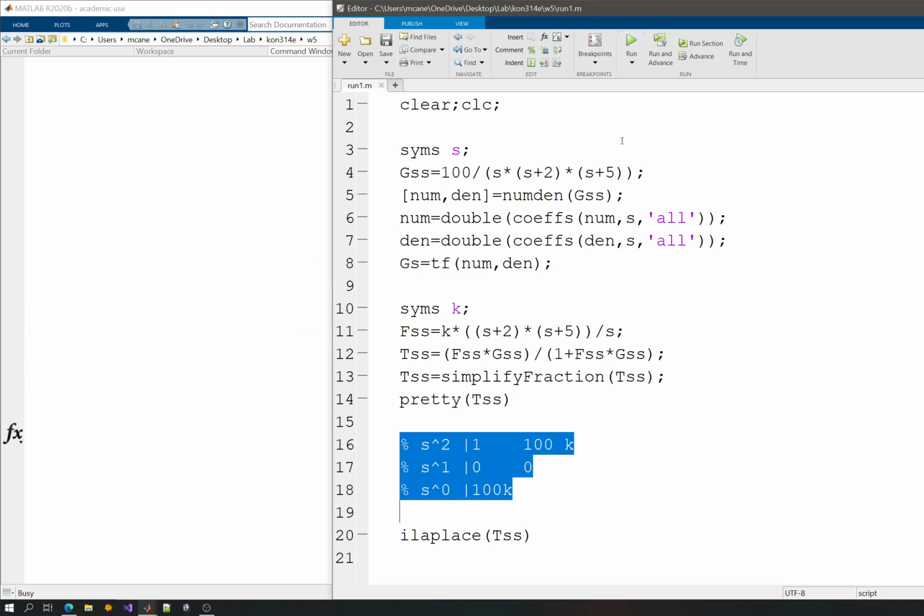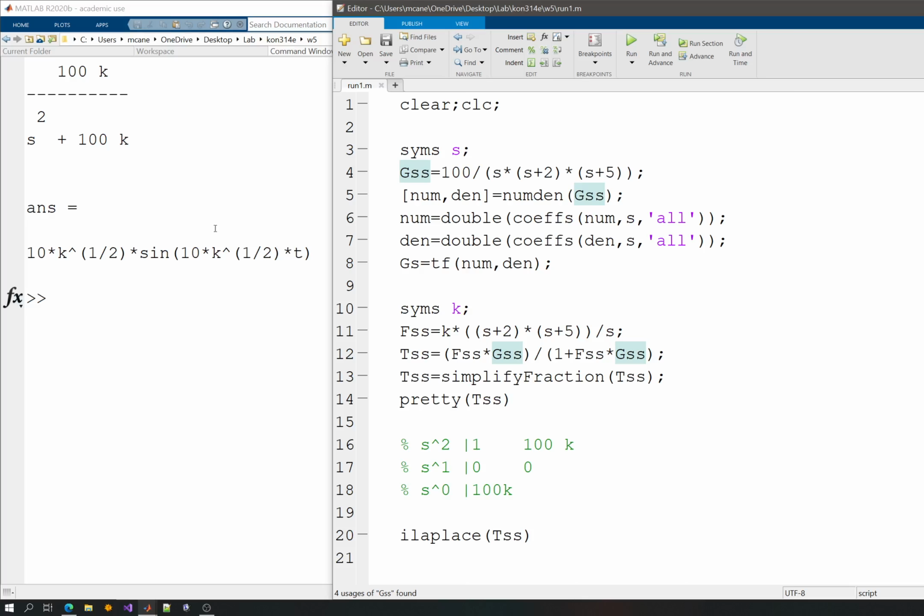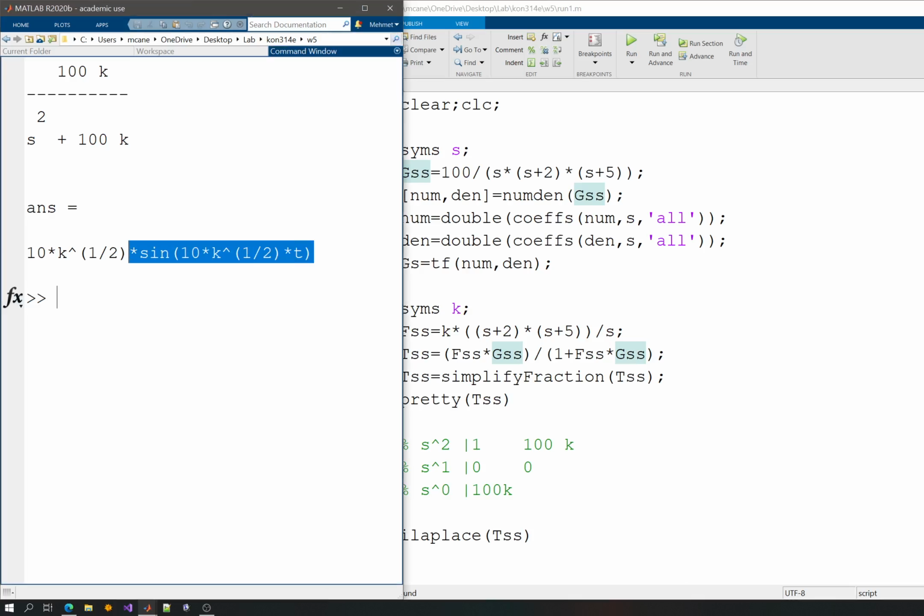Make this as a comment. You can see that it will give me a sine wave, but the sine wave here has a gain and it's a sine. So basically it is bounded. Basically this is marginally stable, but it doesn't damp. So my damping ratio is 0 here, which means that zeta is 0,